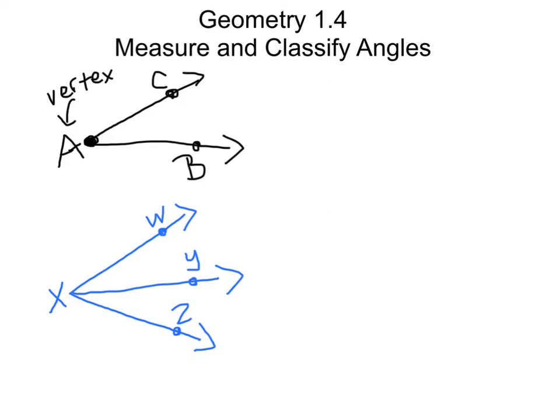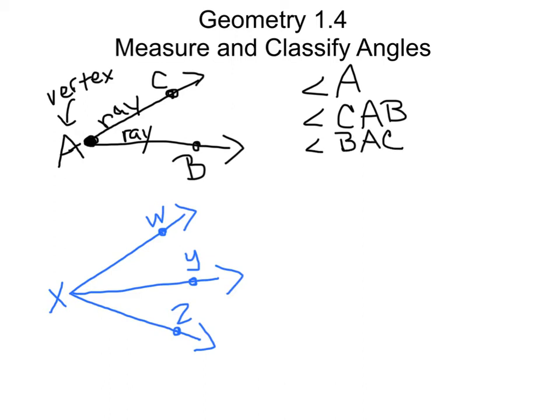So here we have ray AC. This is a ray, and the other ray is AB. So there are two rays, and they are meeting at this endpoint A. We can name this angle three different ways. We could just call this angle A, and that would be fine. We could call it angle CAB, or we could call it angle